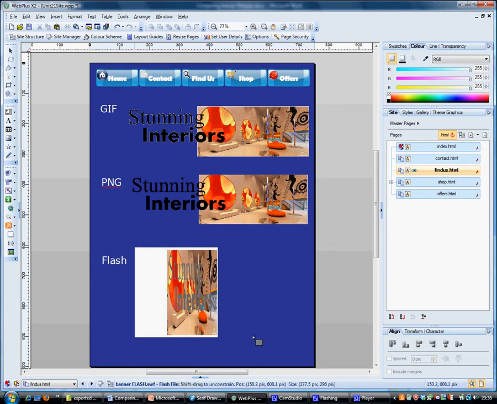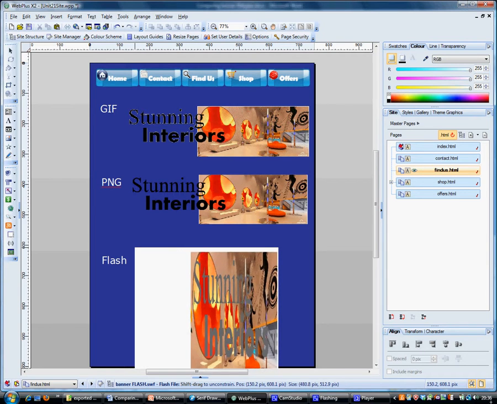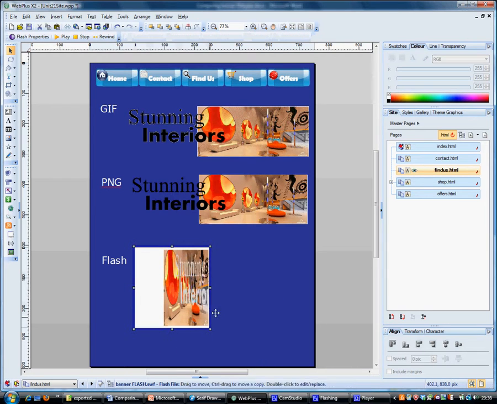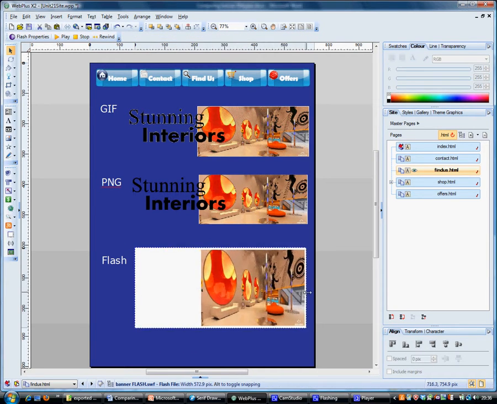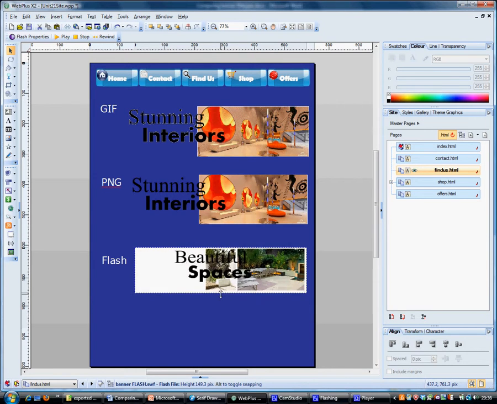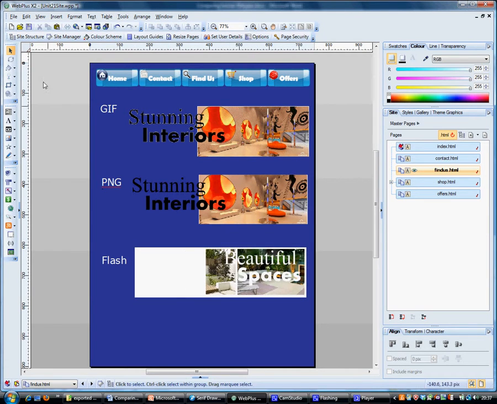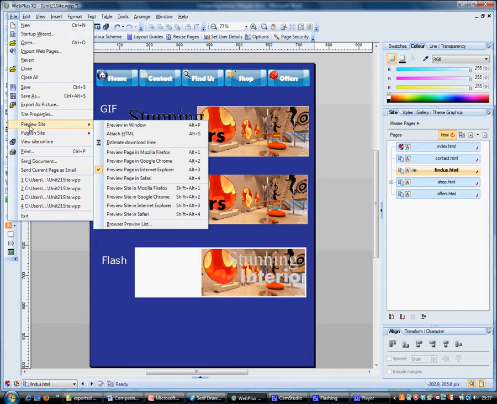And this one, I don't remember when we drew it in before, comes in really big. Let's do it like that, and then I'll stretch it. And that's animating straight away. If I now preview that page,